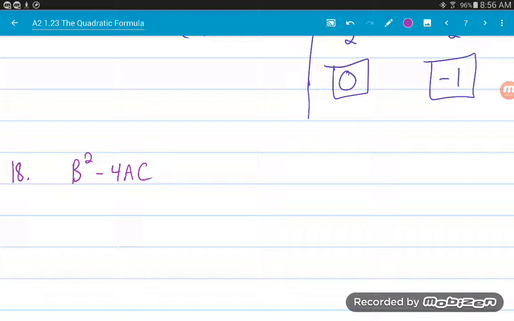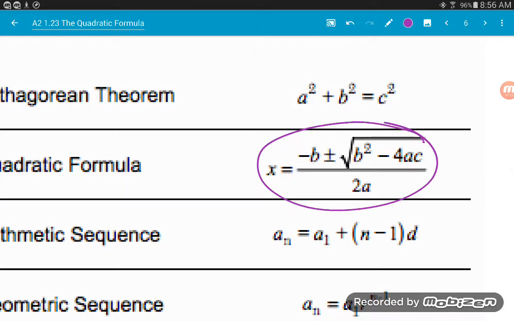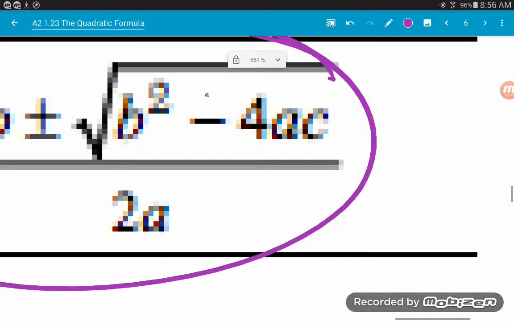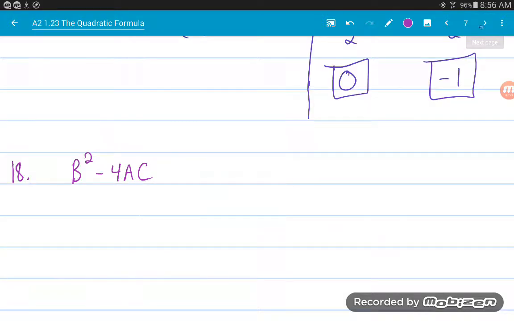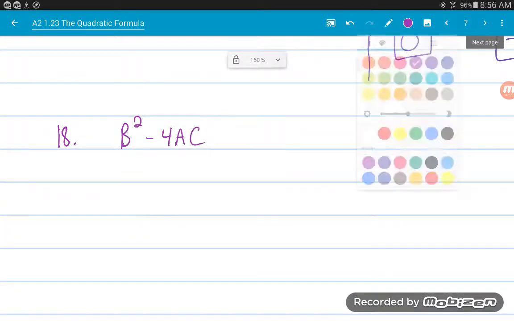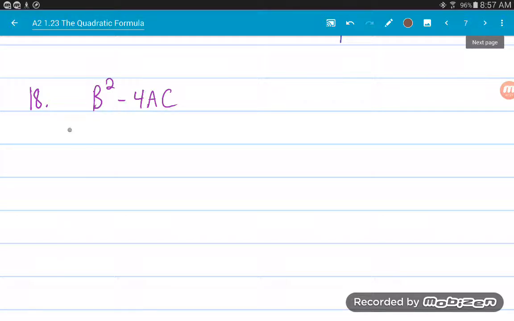So the good thing about the discriminant is you don't need to memorize it. It's on your reference sheet. If you zoom in here on the quadratic formula, you'll see the discriminant is right here under the radical. B squared minus 4ac. So the thing that you really need to remember about it is, what does it tell us? Well, if the discriminant is